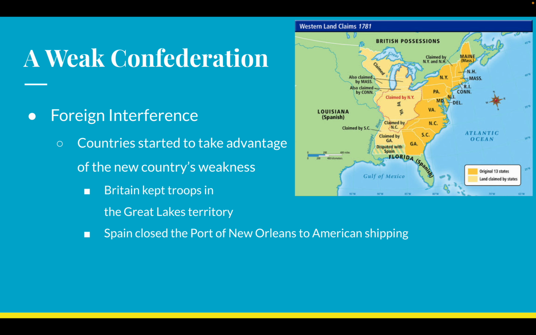Great Britain, when they signed that peace treaty with us in 1783, they agreed to move all their troops out of this region into what is today Canada. The problem is, we don't really have a good way to enforce that. We don't have a good way to make them move their troops. So they kind of just don't. They just hang out in the Great Lakes territory. They hang out in modern day Michigan, Wisconsin, Illinois, you name it, right? They're just kind of vibing in that region.